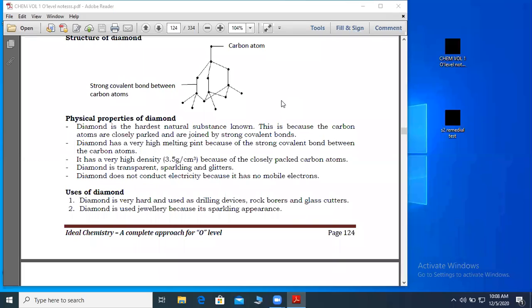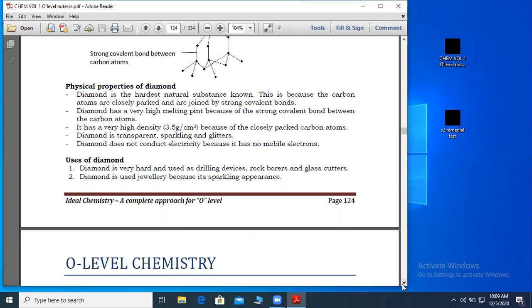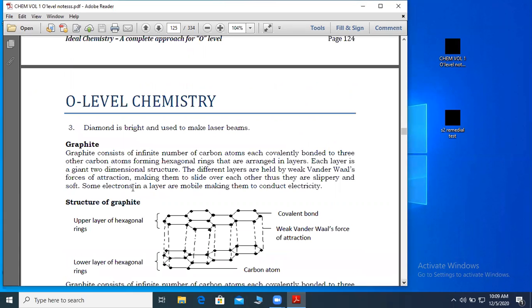And we are explaining that by saying in diamond, each carbon atom is bonded to 4 other carbon atoms by covalent bonds. Therefore, all electrons participate in bonding. And that's why in diamond there are no free electrons to conduct electricity. However, we said in the structure of graphite, so we are now going to graphite. We are going to say, however, in graphite,